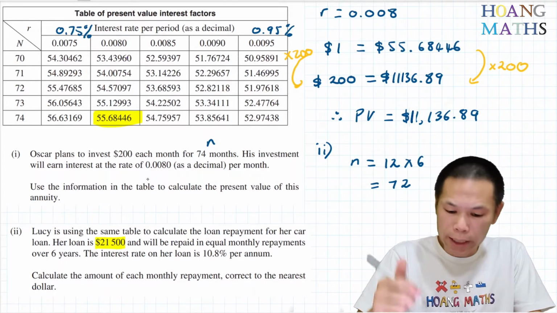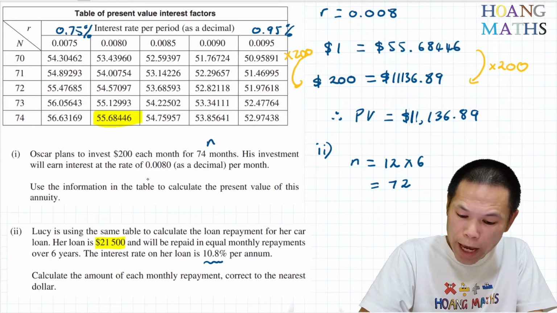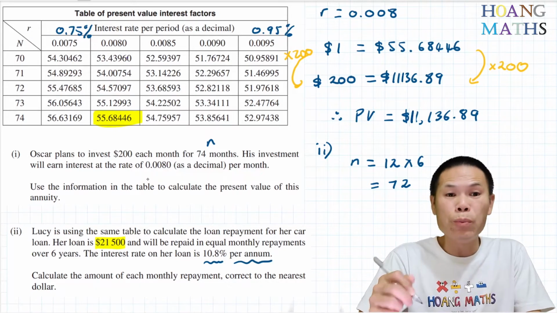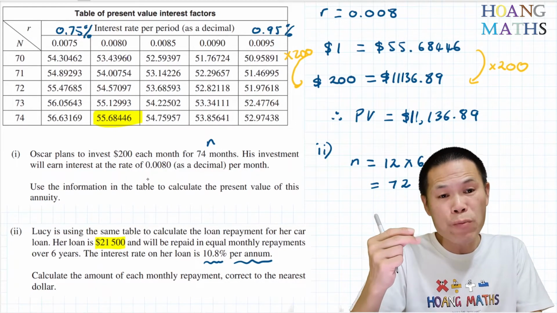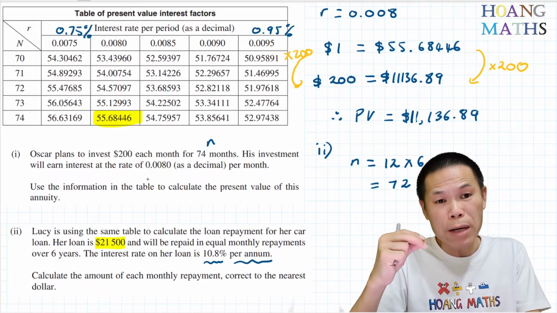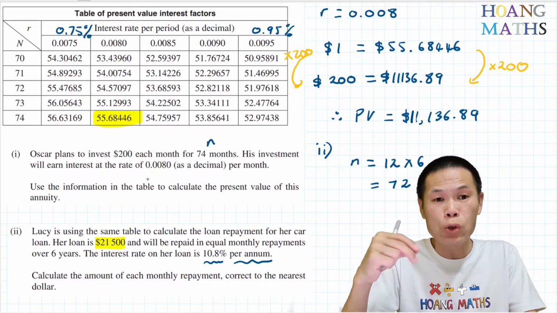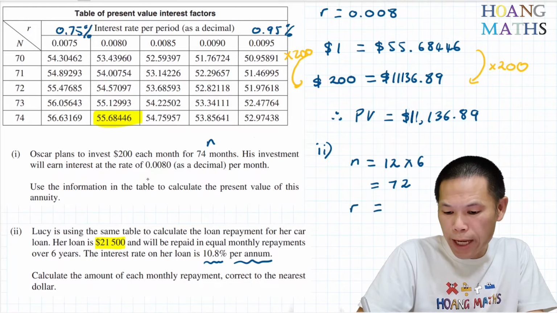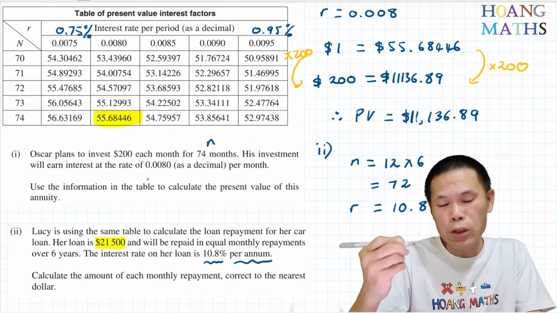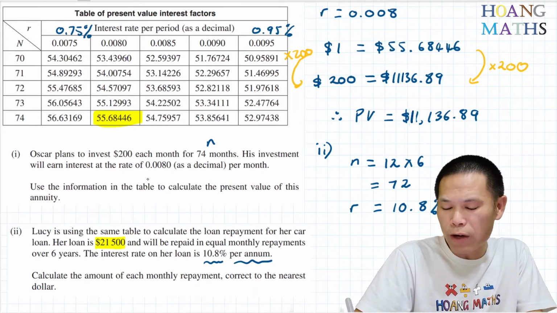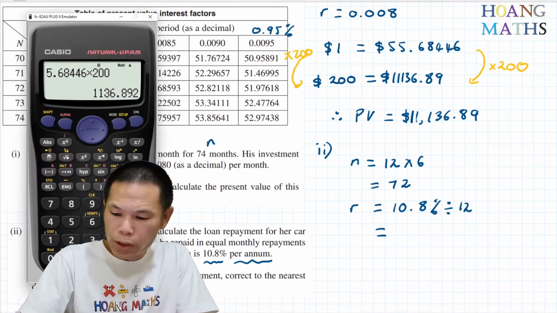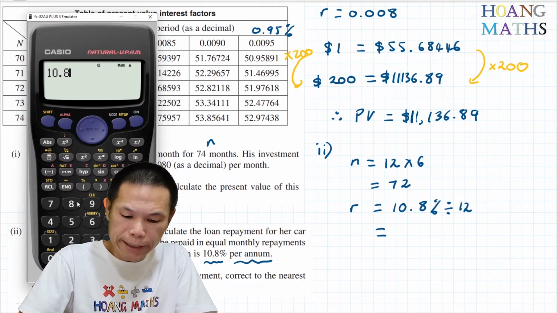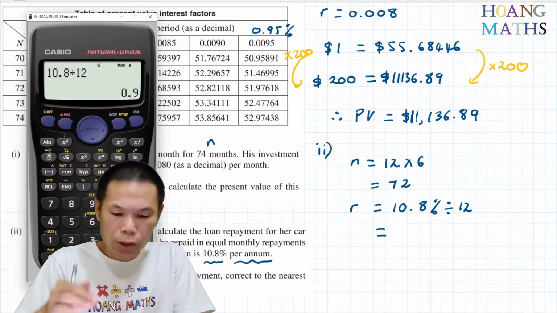And the interest rate is 10.8% per annum. But because she made monthly repayments, the interest rate must be divided by 12, because there are 12 months in a year. So R equals 10.8 per year, but because we need to convert to per month, we divide it by 12. So I just go 10.8 divided by 12. So that is